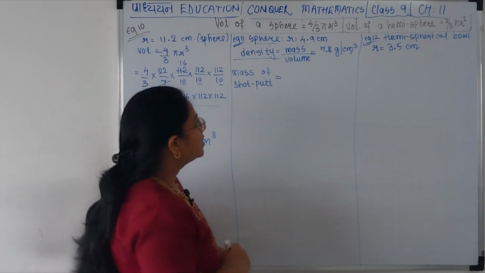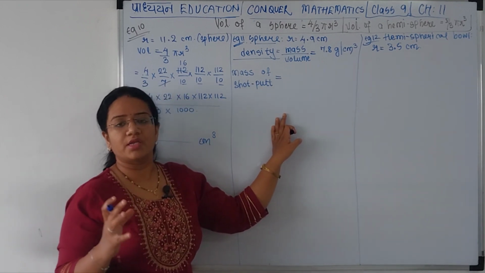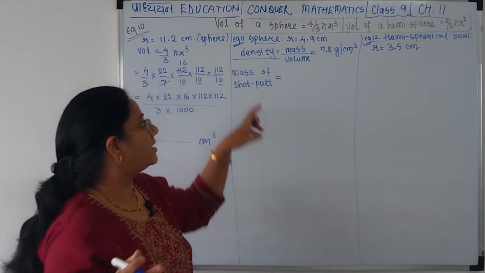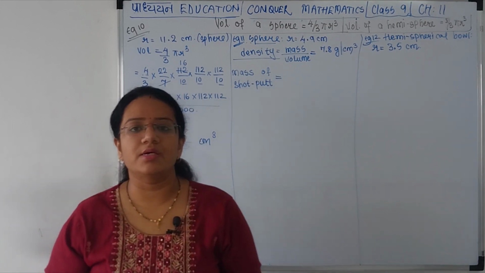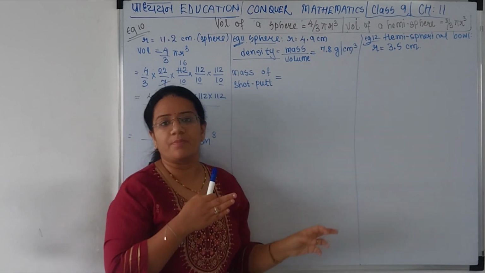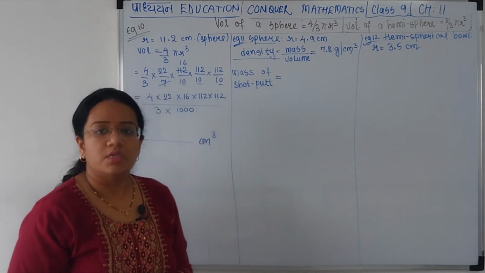Is that clear? So we will do that directly in your textbook. In the example, you are given separately. They have first found out the volume and then they have multiplied it to 7.8. But why I don't prefer that is, if you do it directly, 7.8 will also come in the picture and you will be able to cut it down with any number in the denominator.